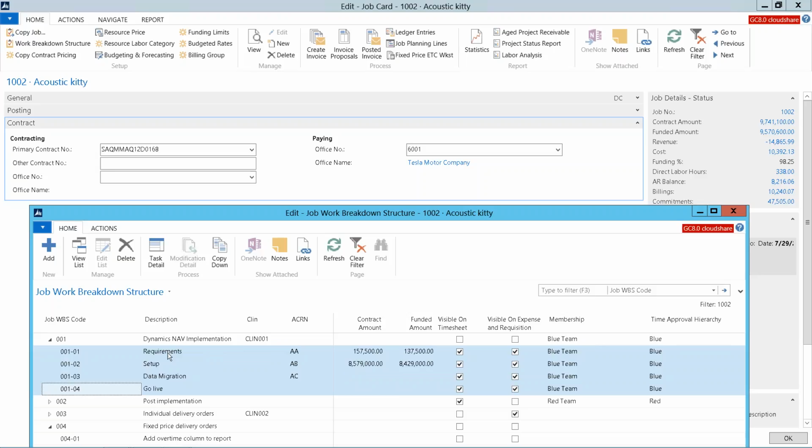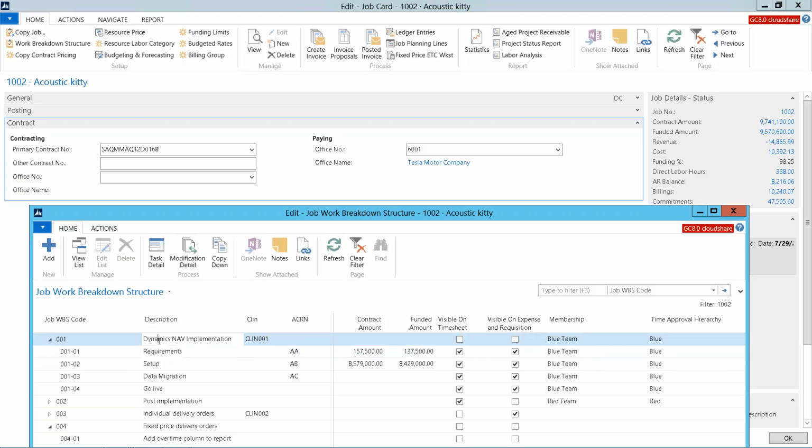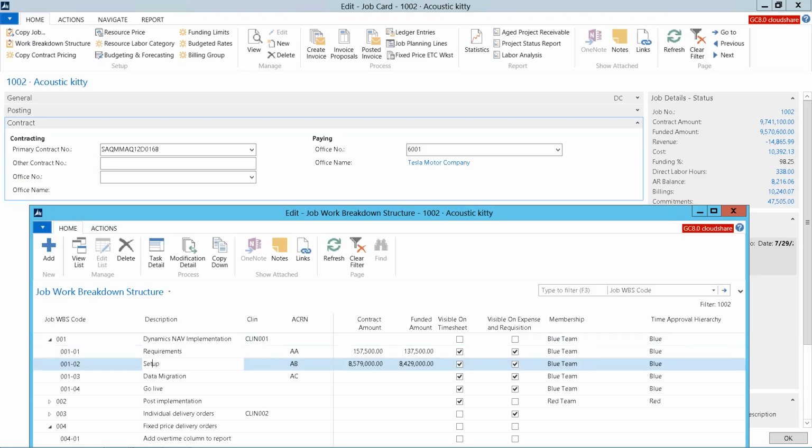So what that means is that this funding of 150 or 137,000 for requirements, that funding can only be used for requirements. If I set my funding at level 1, it would mean that all levels below can leverage that funding. So it allows you to support all sorts of complex scenarios related to funding and how that funding is used. On each of these levels where you see the contract and funded value, this value could be made up of one or multiple